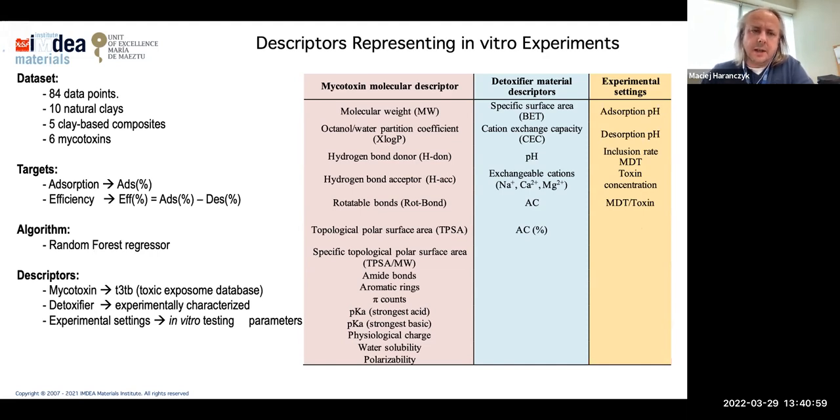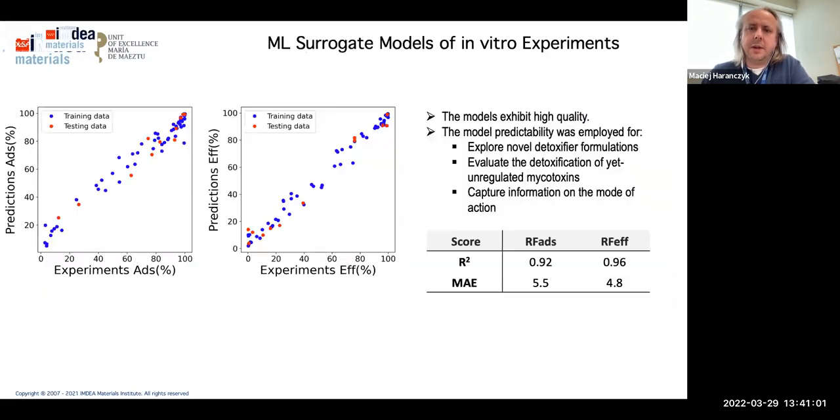And given this structure of the model, we can build quite reliable models. You see the R-scores are quite high for both predicting adsorption and efficiency of removal. Here the red points are the test set, which is the data points that were not used to build the model. You see they are almost on the diagonal, so we have very good predictions.